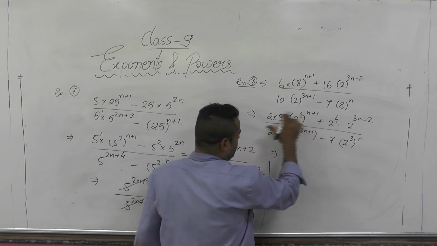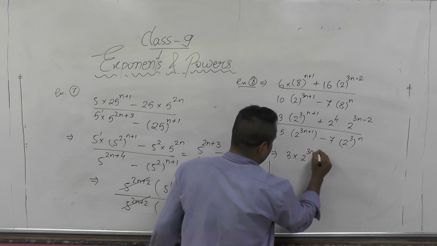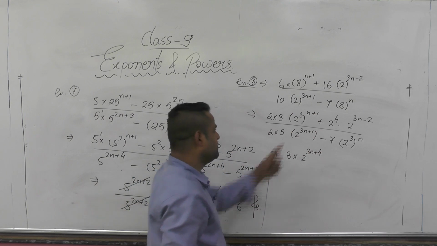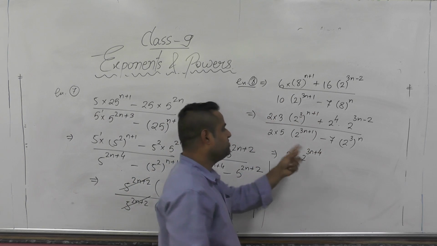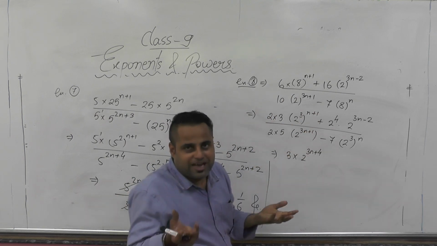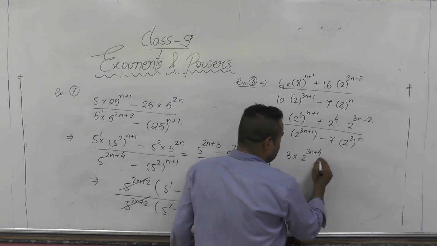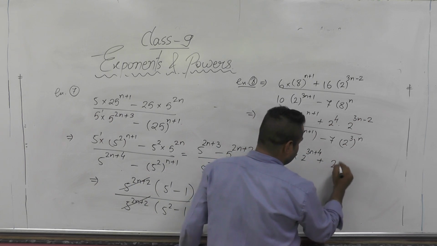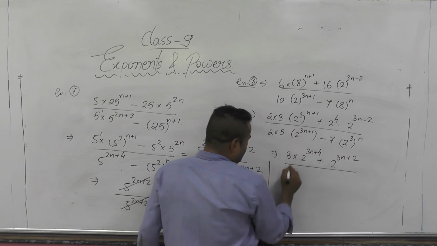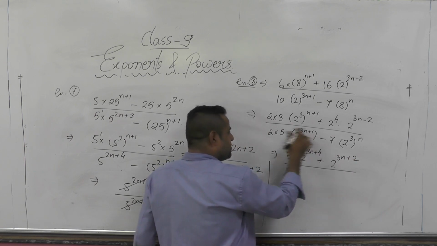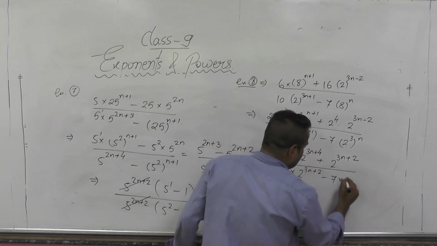Now see, this 3n plus 3 and this 1 power become 3 into 2 to the power 3n plus 4, because once you multiply this 3 to this n plus 1, it results in 3n plus 3, and this 1 more power is added on, so it becomes 3n plus 4. I am doing it directly to write one step less. Here we can add it on: 3n minus 2 plus 4 gives us 3n plus 2 power. Here in the denominator 5 into 2 to the power 3n plus 1 and 1 more power here, this will become 3n plus 2, minus 7 into 2 to the power 3n.